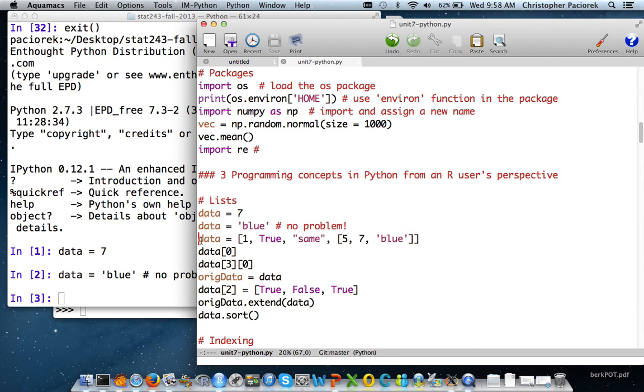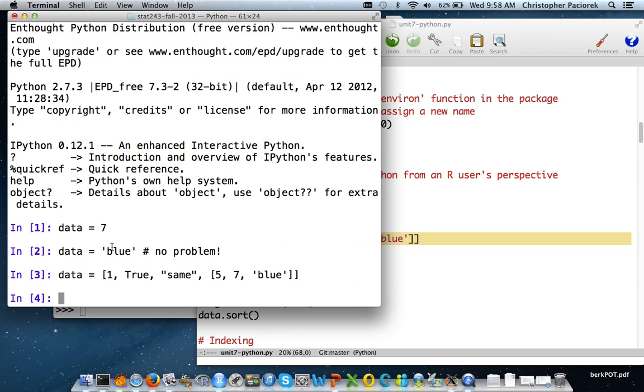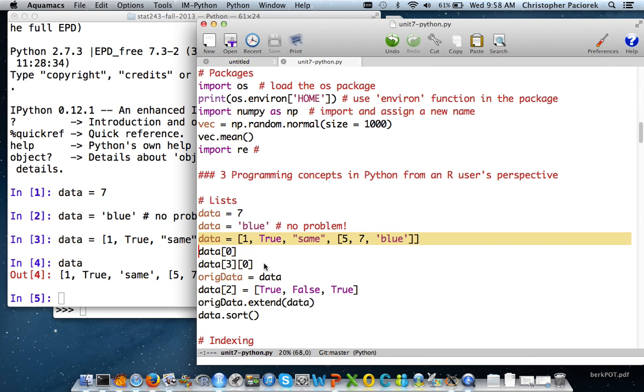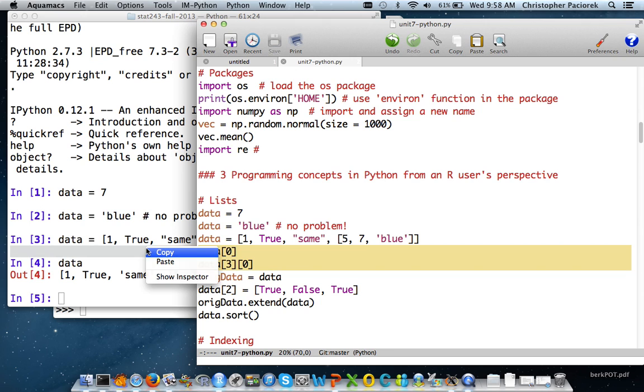I can create a list with square brackets, and you'll notice that just like lists in R, I can create nested lists, and I can create lists that have heterogeneous kinds of objects. So here I've got a number, I think this is just going to be an integer by default, a Boolean, a character string, and then a list, another list within the list, and that list itself has heterogeneous things within it. So there's nothing wrong with that. I can type it, I can print out the name, it'll print out what that thing is. I can index into it. Remember again, Python is 0 indexed, and I can doubly index in to get into the nestedness. So if I do that,